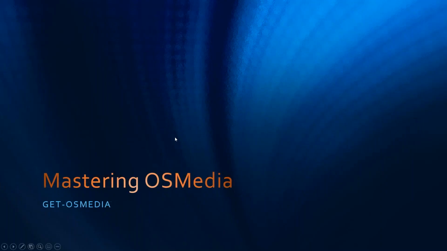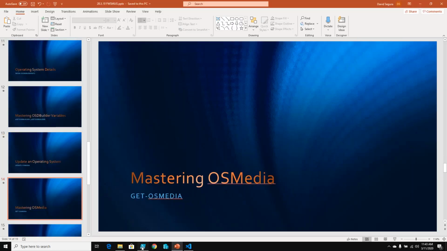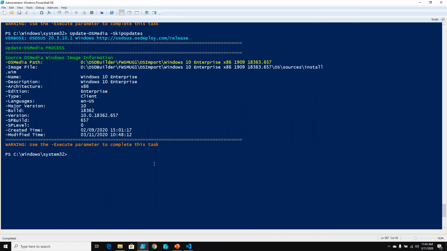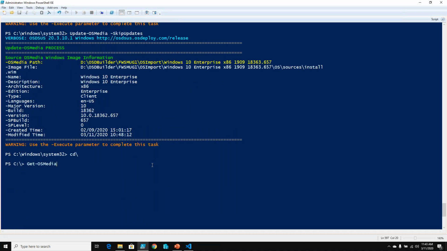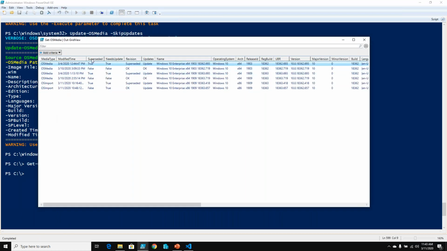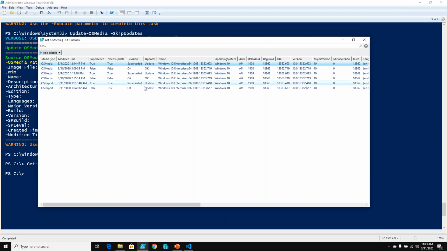So, mastering OS Media. One thing we can do if we don't like using the grid view, we can do this, and I will do out grid view. Get OS Media is going to get our collection of OS Media, and what we can see